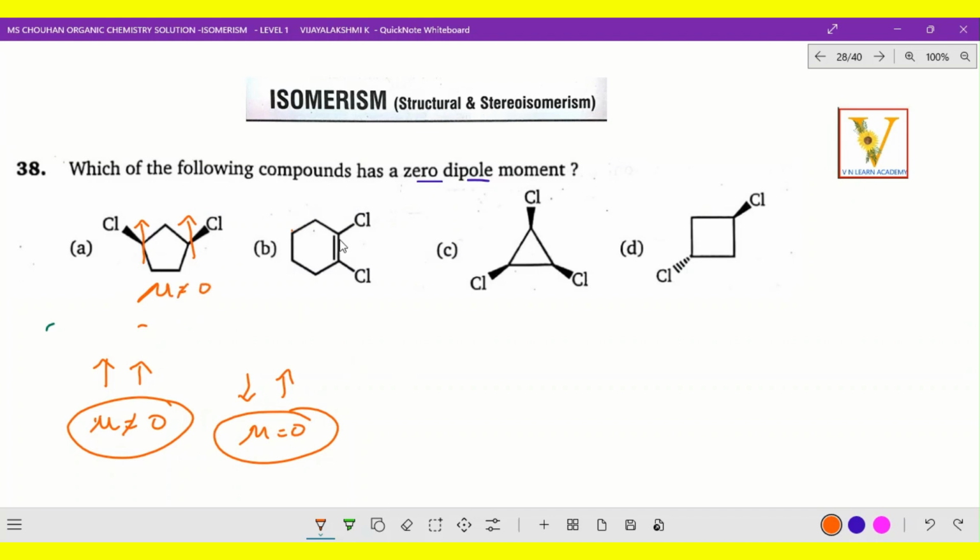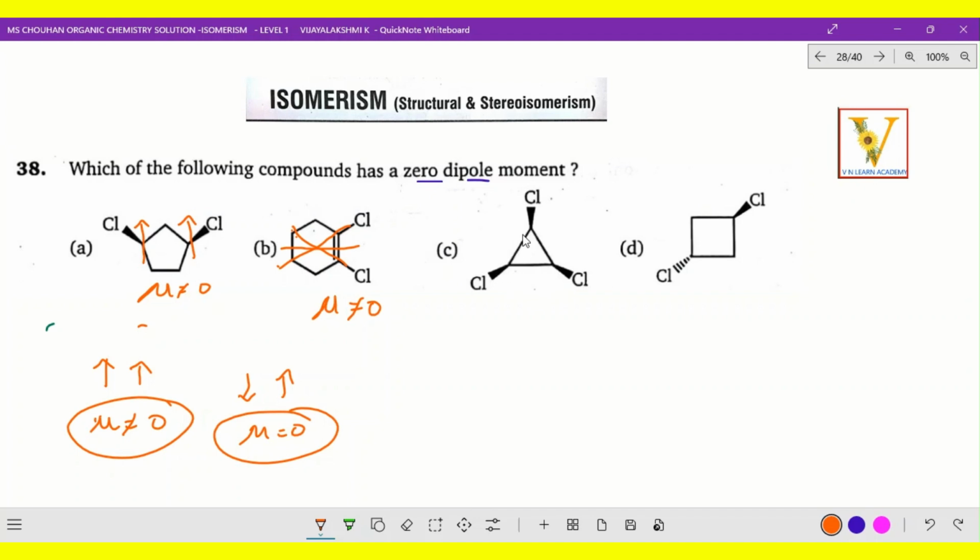And the next one, what is that? Here what do you observe? Here Cl, and here also Cl. How do we identify in this also? As you go to this side, is it present? No. And the same way this side also, and then this side also. See, here we cannot find anything in the same direction. Suppose if it is a double bond, here also it has to be the same. So mu is not equal to 0 in this one also.